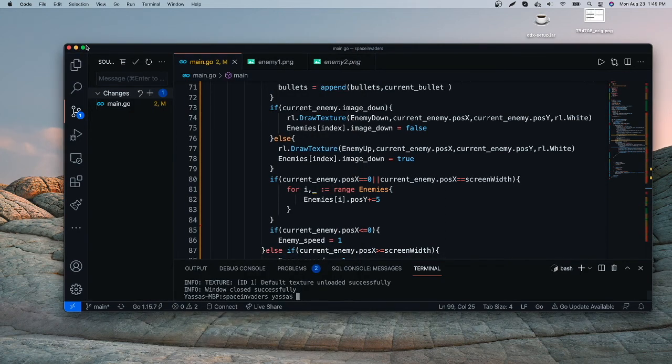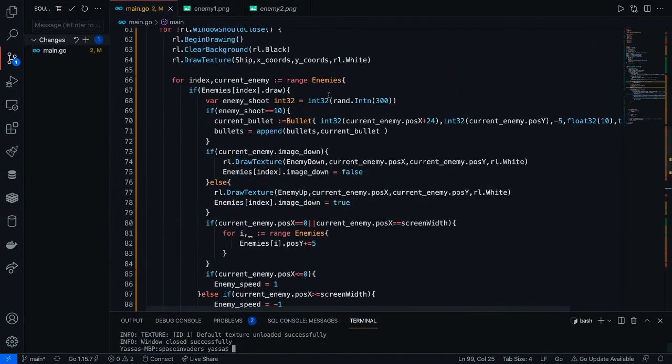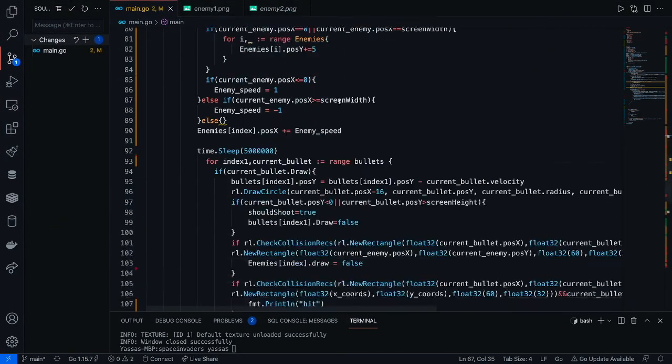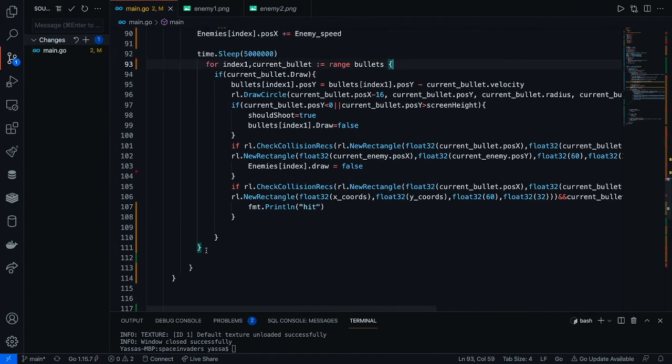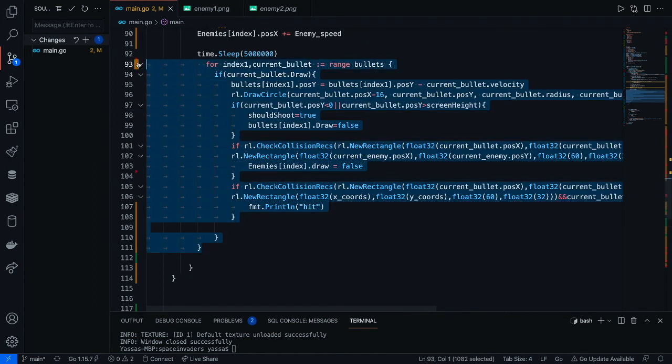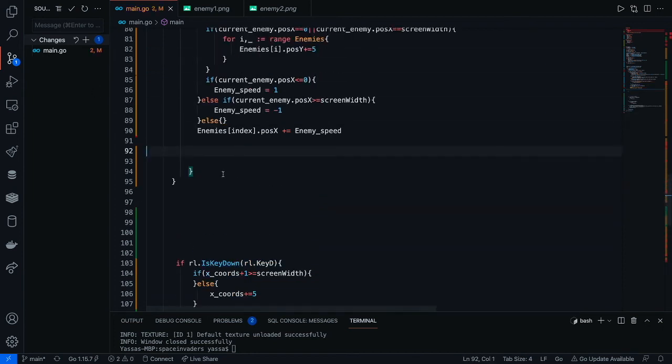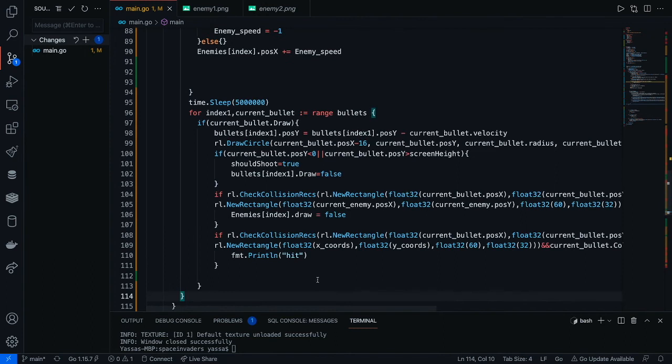Observe. The first thing we're going to want to do is figure out the ending curly braces for where it draws. The next thing we're going to want to do is first of all take out our range of bullets and the time.sleep. You're going to want to take that and cut it out. You're just going to paste it right outside. Now, if we were to run this,